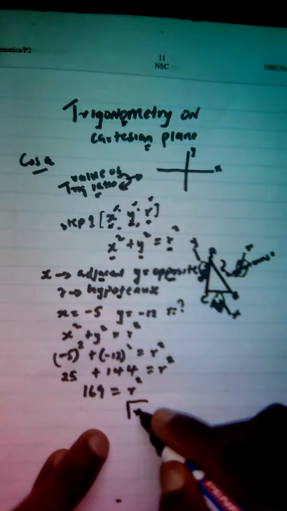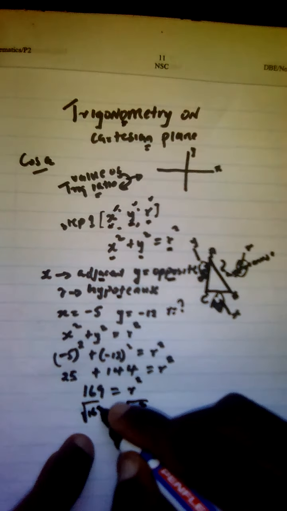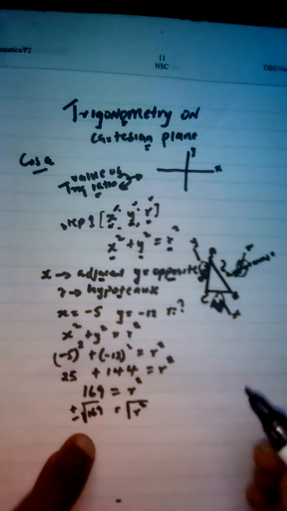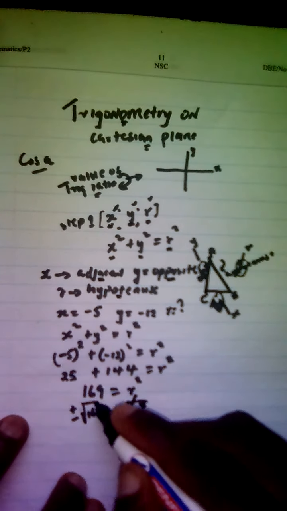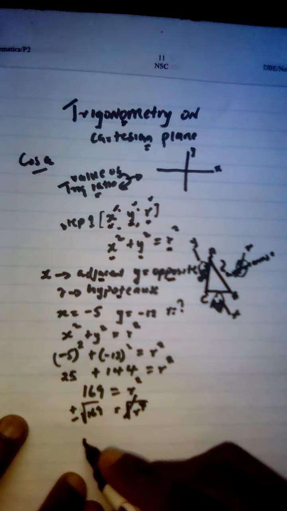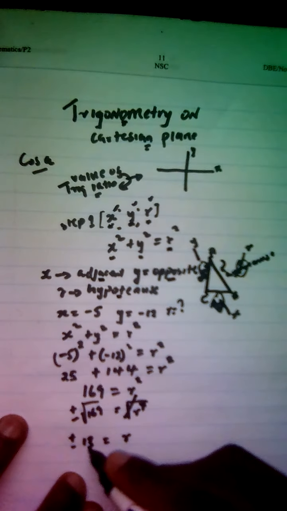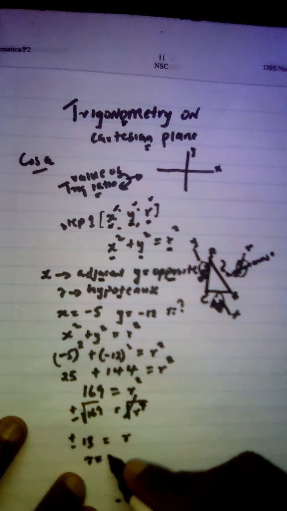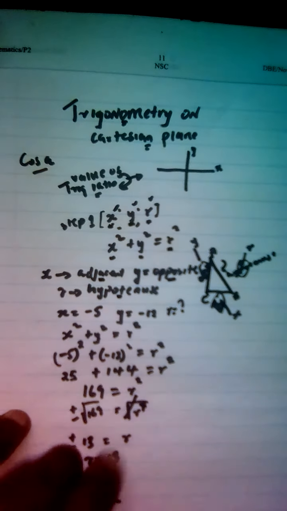The square root of R squared equals the square root of 169, plus or minus. The 2 cancels the square root. The square root of 169 is 13. So 13 equals R. Plus or minus 13, but R is always positive. So R equals 13. So we did find,